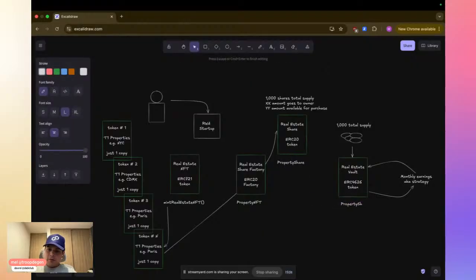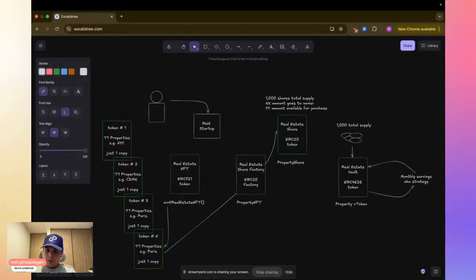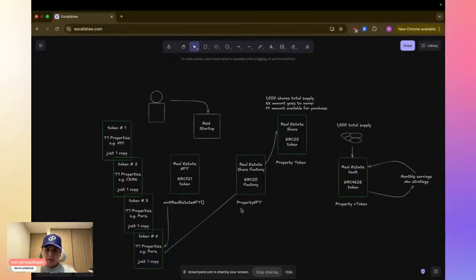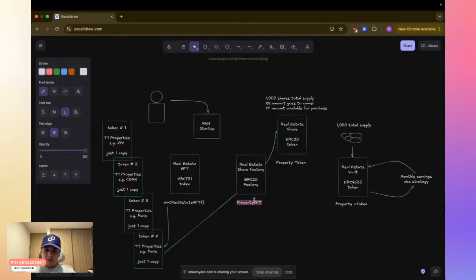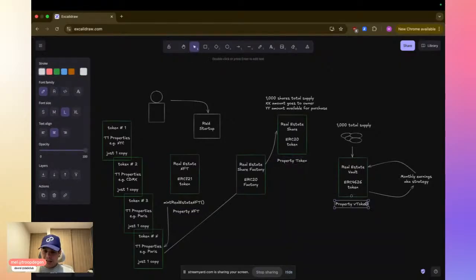And this is probably going to be property V token. Let's call it token. Keep it simple. So this one will be just a simple NFT, ERC721. The property token will be an ERC20 token like this, and this one will be designed B token.